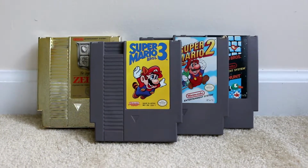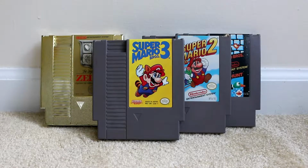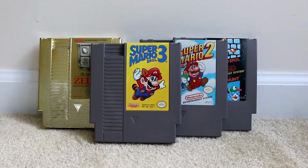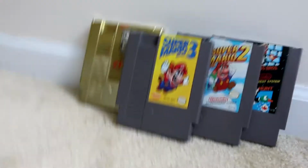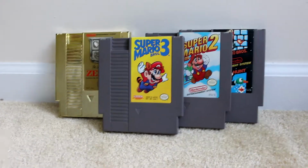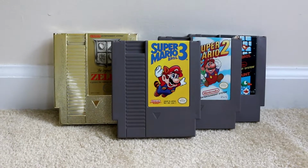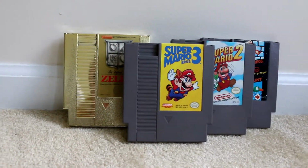And these guys right here are some of my first NES games. I got these when I was 5 as kind of a hand-me-down from my cousin who was going away to college, and she gave me an NES with 15 games, and I was a really happy kid. I still have them today. These are the original cartridges that I had all the way back then, and pretty much got me going